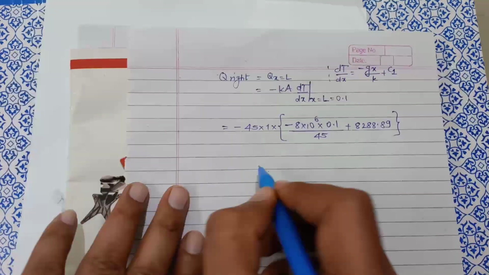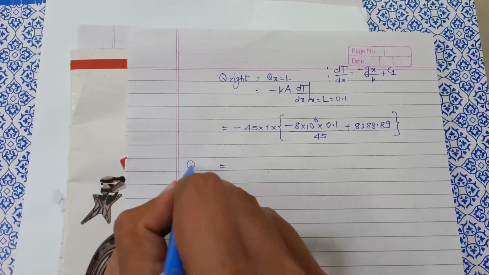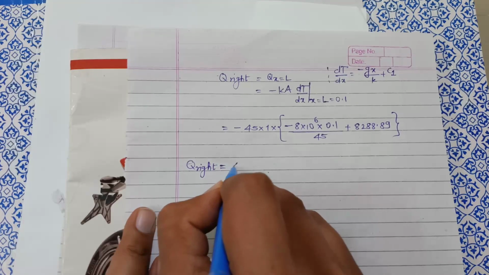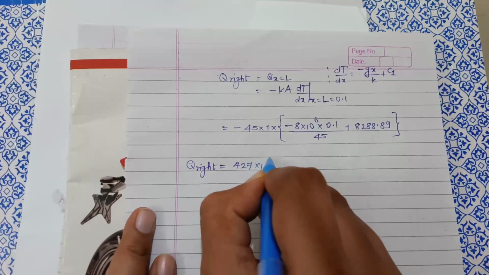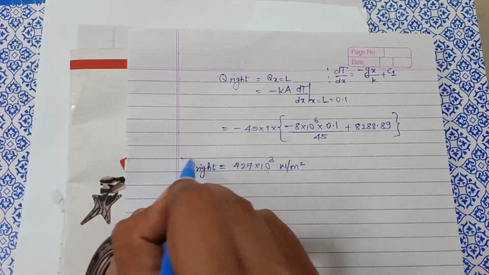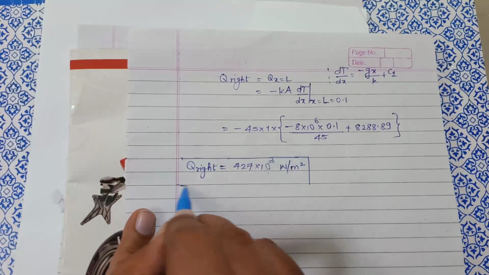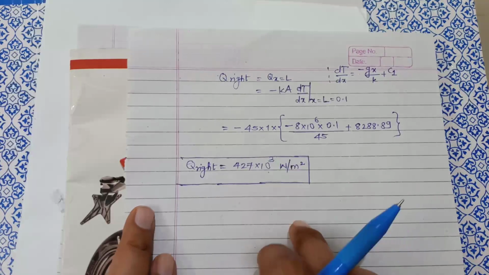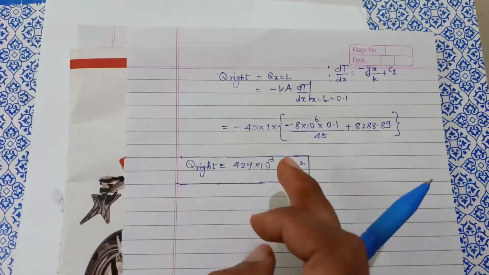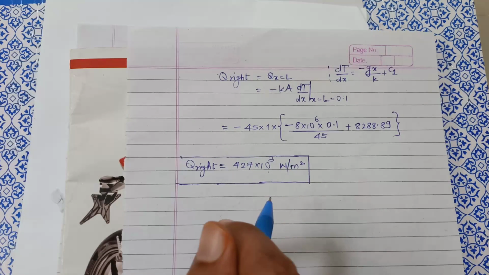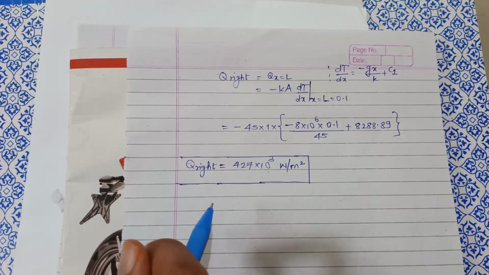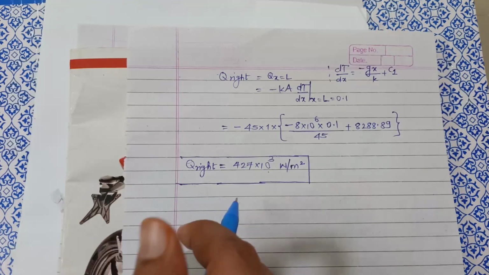In the calculator you can solve this. On the basis of this, you get heat transfer from the right face of the wall as 427 multiplied by 10 raised to 3 watt, or watt per meter square because the area is unity. So that's your final answer. In this way we have solved a numerical which involved application of the one-dimensional heat conduction equation. Firstly we determined the temperature distribution. Also we determined the maximum temperature and its location, and we calculated heat flow rate from various faces of the wall when pure conduction is involved.